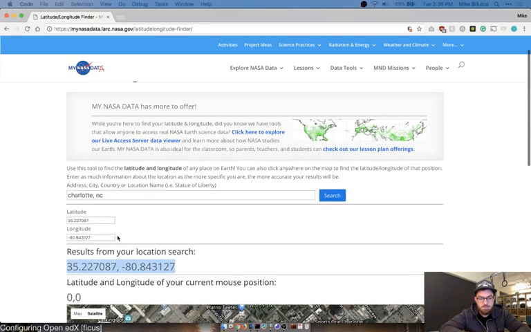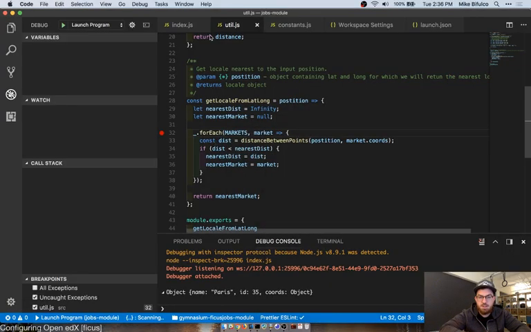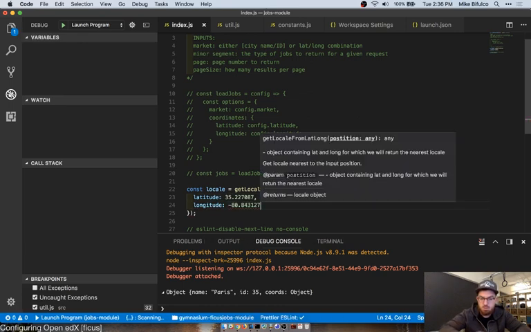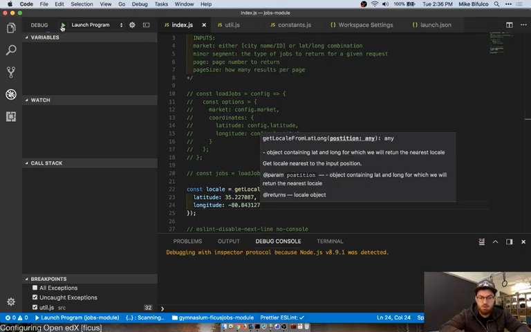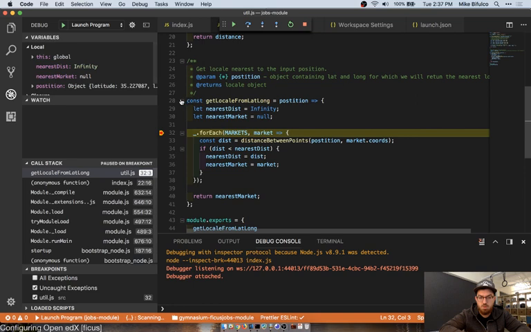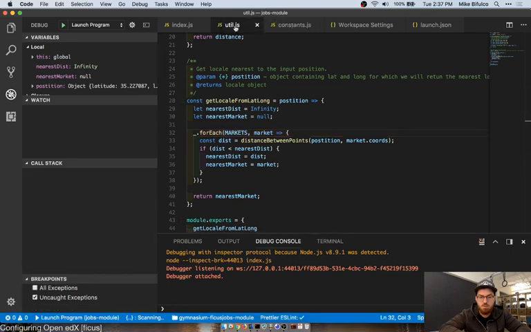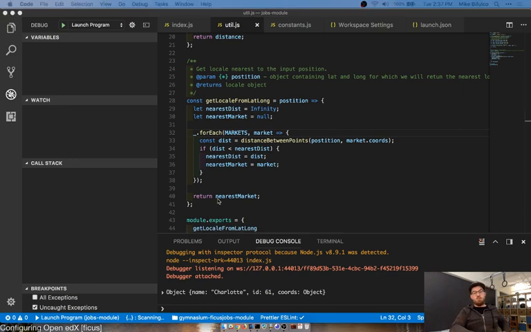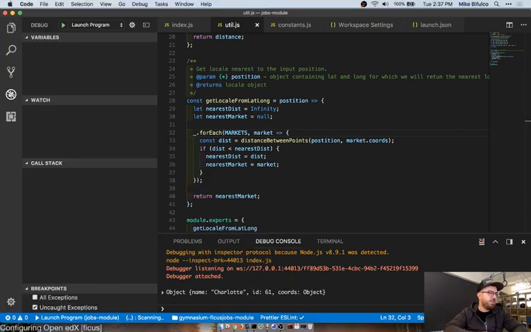Great. We're going to test for these. This should, in theory, return Charlotte. And now if I run this, I should take that out. Hey, what do you know? It works. Okay, cool. So we've got a handy-dandy little nearest market calculator that we just wrote.